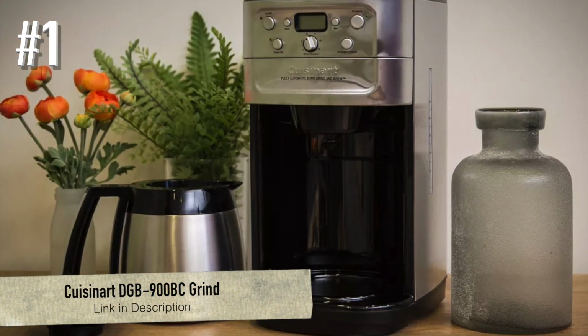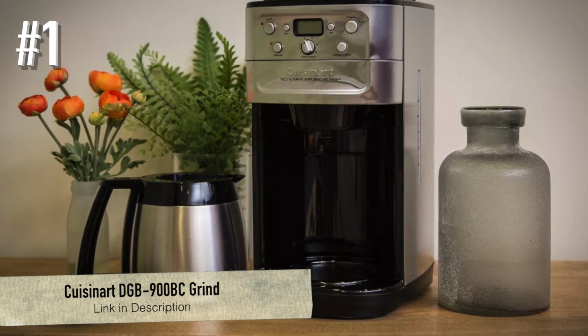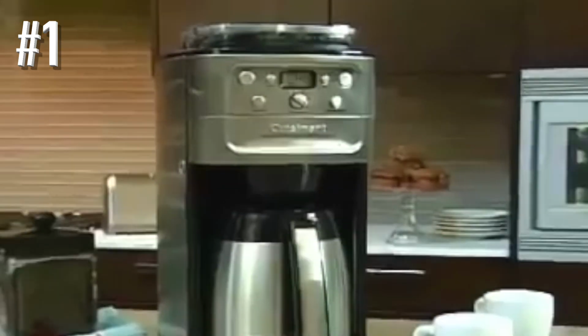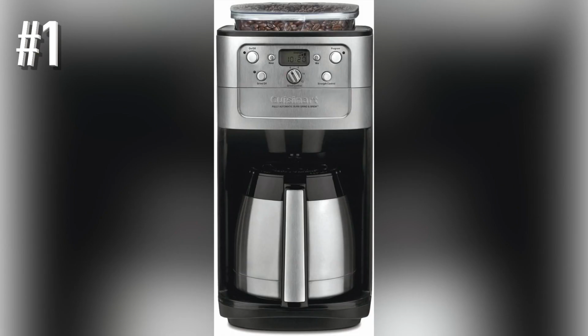Number 1. Cuisinart DGB 900 BC Grind and Brew. This grinder and brewer ticks all the required boxes. It's programmable up to 24 hours in advance, so you can set it in the evening to have a fresh cup of coffee in the morning. The carafe is available in glass or thermal, and it holds up to 12 cups of coffee. An automatic shutoff is adjustable up to 4 hours, so you can keep sipping all morning or save some coffee